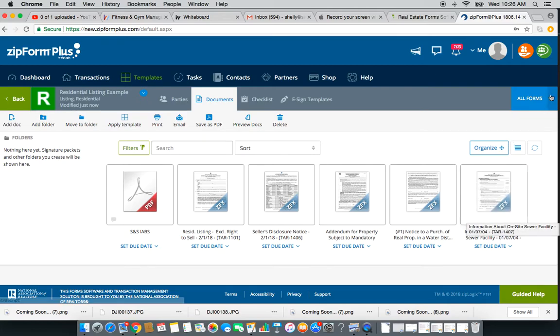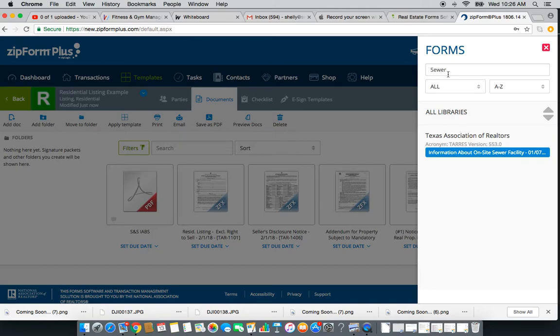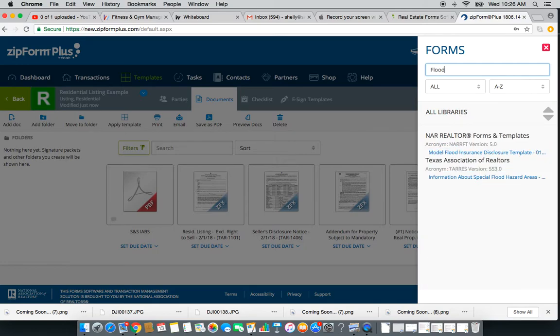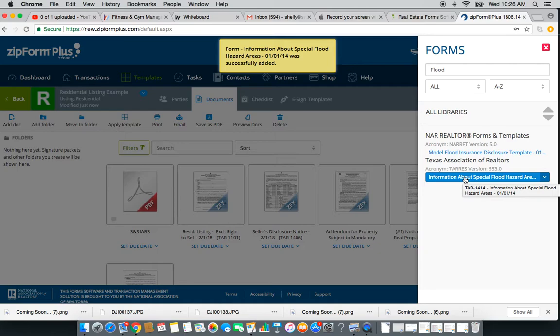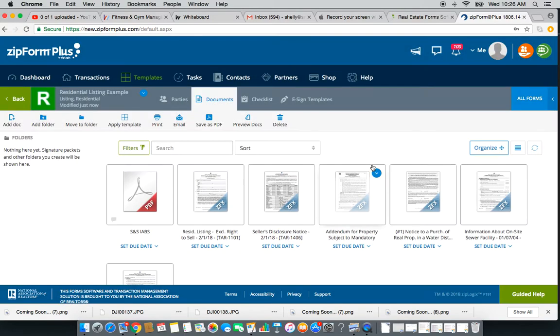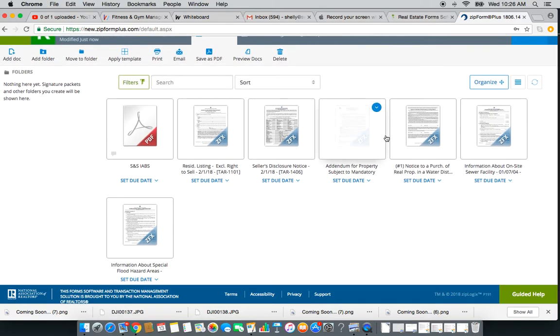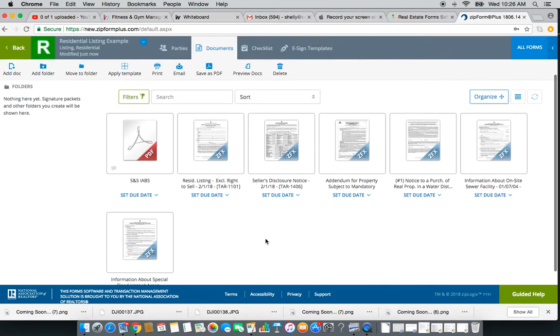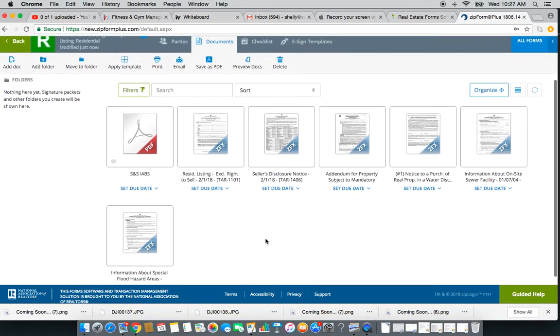Another form that Lexi and I want you to add to all transactions is about flood. So even if the property did not flood, even if it's not in a flood zone, we don't have a crystal ball, we're not sure if it's going to flood in the future. So just be sure to add the information about special flood hazard areas so it's there. We want to be sure that you disclose, keep everybody out of trouble, and make sure that everybody's in the know. So this is a really good start for your residential